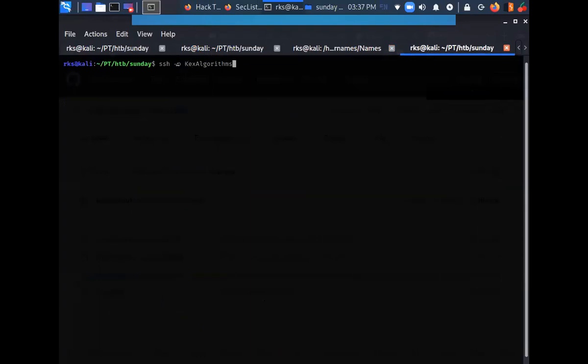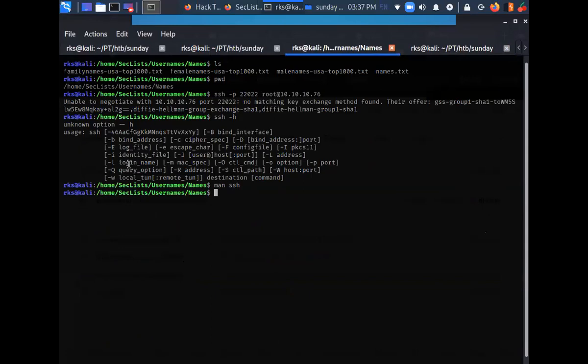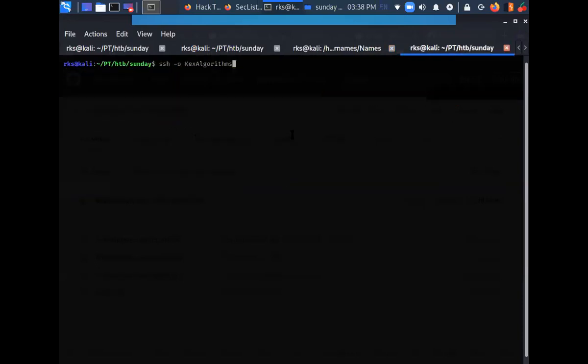And the algorithm that I need to use here is, let's use this one, diffie-hellman-group1-sha1. KexAlgorithms equals that, hyphen p.